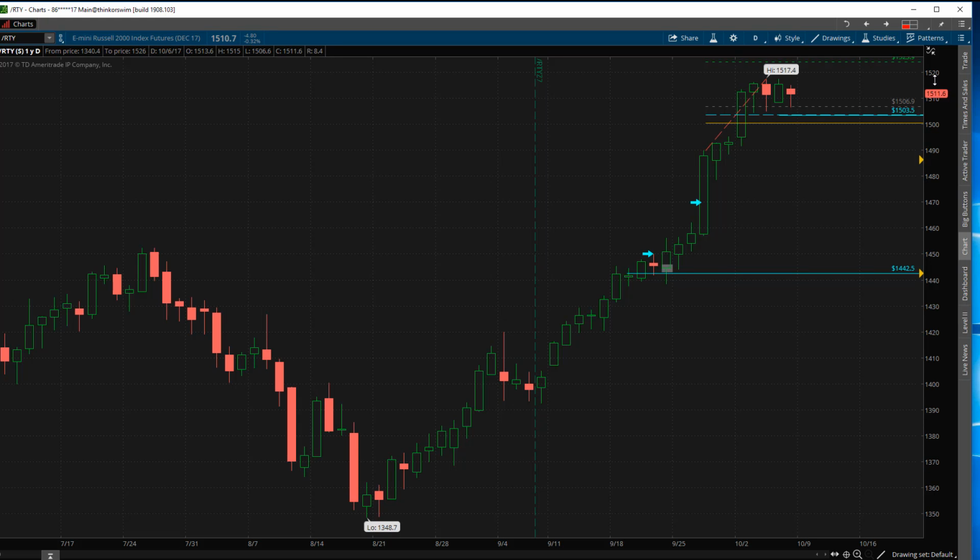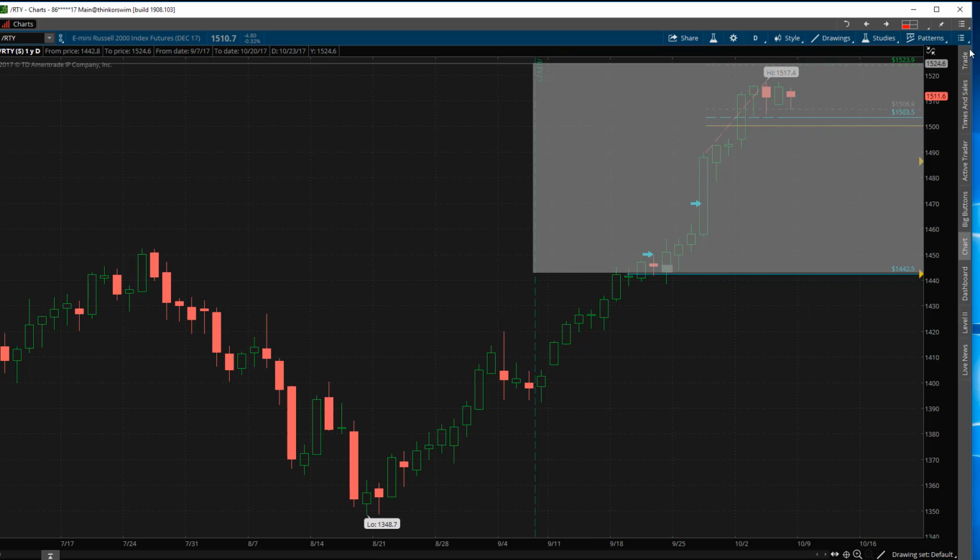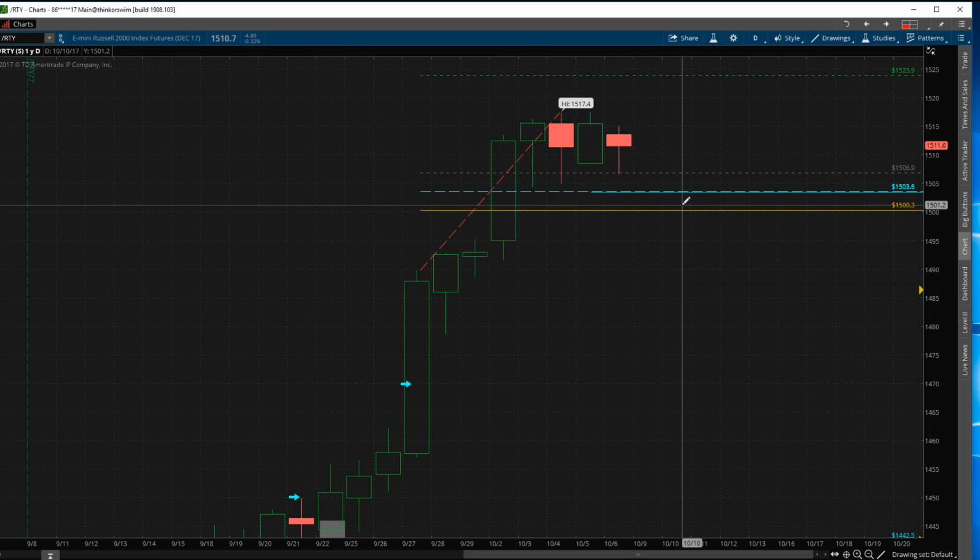This is our first consolidation. I do think that it continues to move higher and be the leader here in this market. I would be concerned if we get back below the 1500 level in the Russell. That would make me think that momentum is running out. But right now, going into next week, I'm looking for the Russell to tack on at least another 12 points. My upside profit target is 1523.9, and my support levels are 1506.9 and 1503.6. So those are the two levels I'm looking to trade for support right now, looking for a continuation to the upside in the Russell or /RTY.